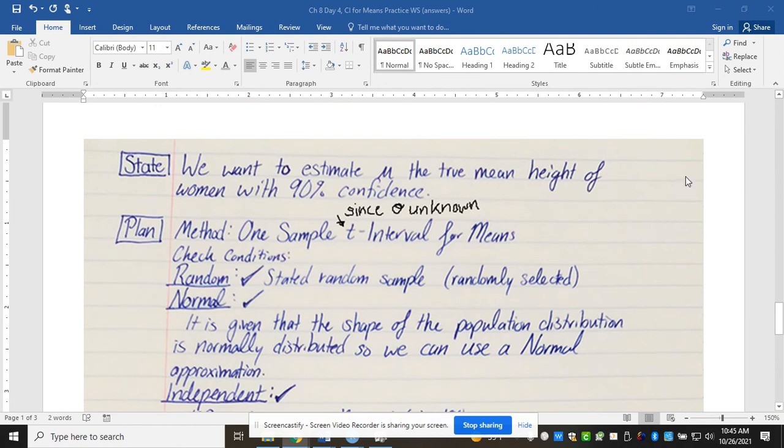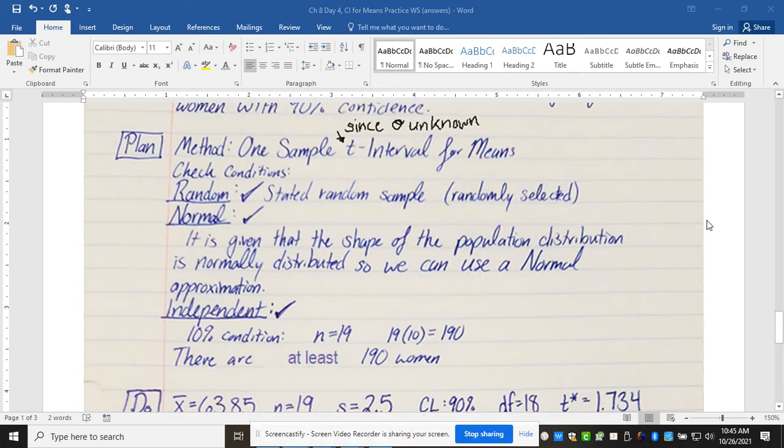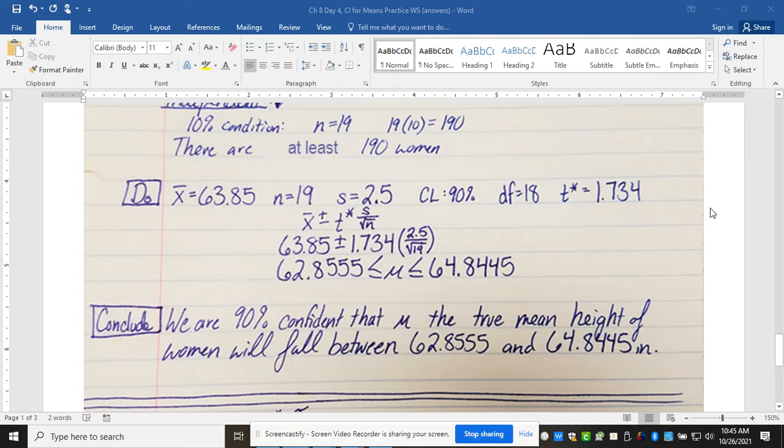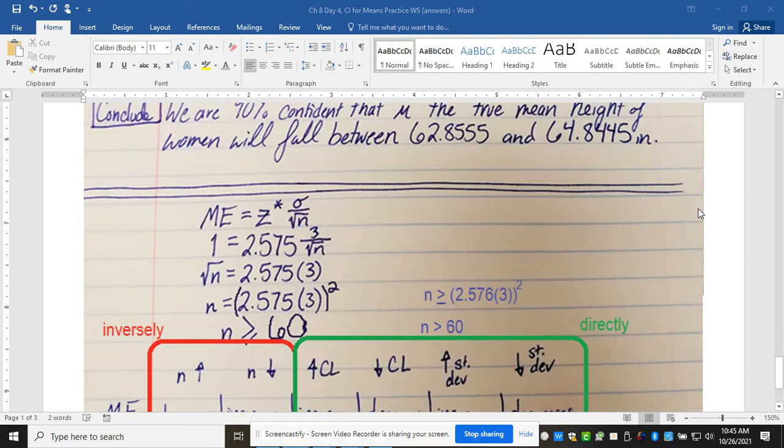I told you didn't need to do number 3. If for some reason you did it or you want to do it, I'm at least going slow enough through this so that if you wanted to do it as practice and look at it, you have it here as an option. It's the only reason I'm scrolling through it. And then number 4,